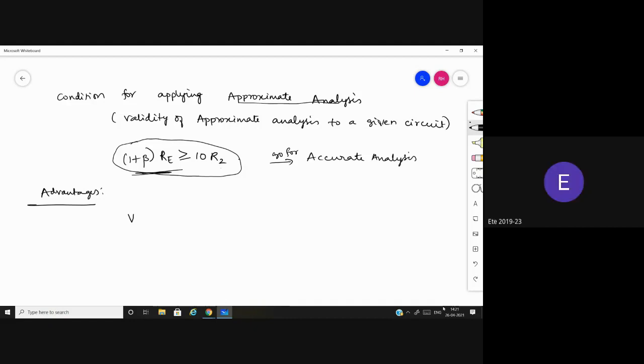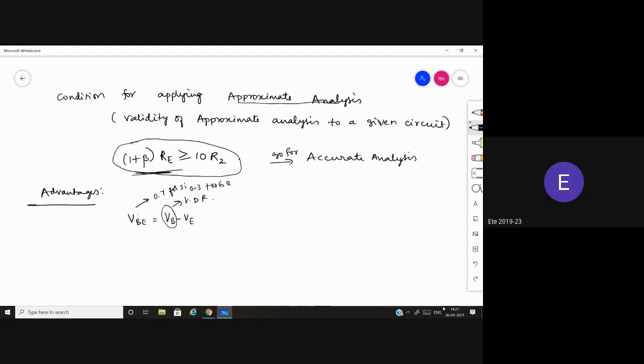So we are going to find the VBE formula. We have VB minus VE. First we find the base voltage, which is obtained by applying the voltage divider rule. And VBE has a standard value of 0.7 for silicon and 0.3 for germanium.